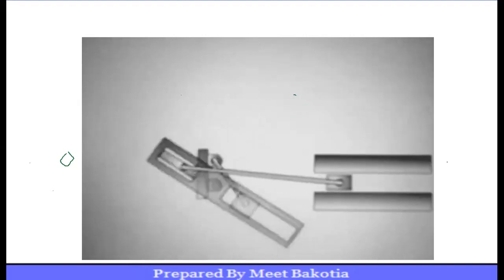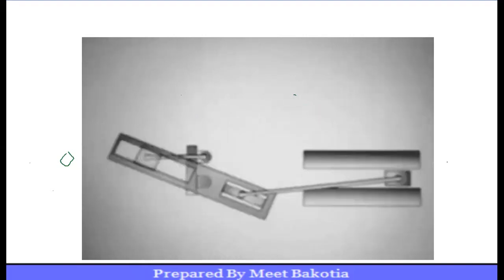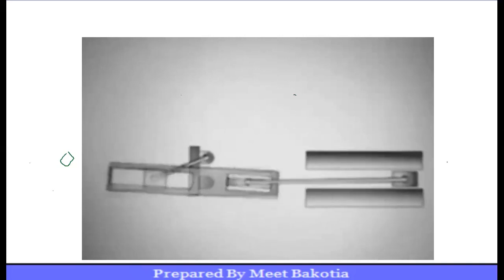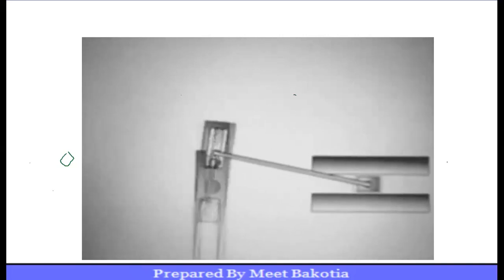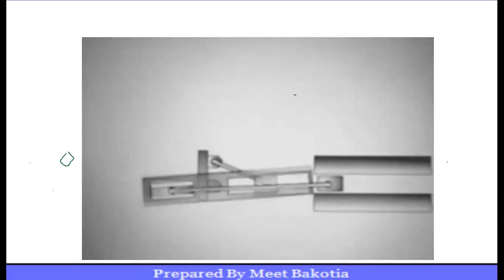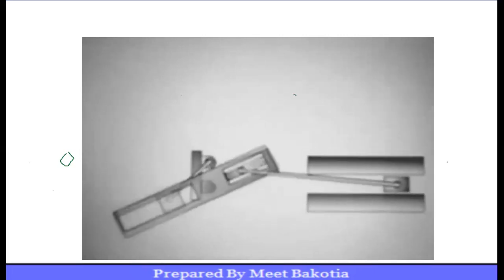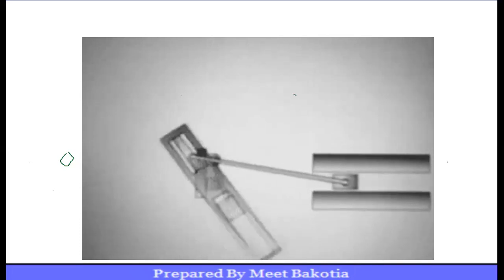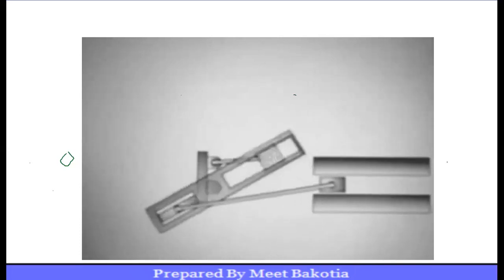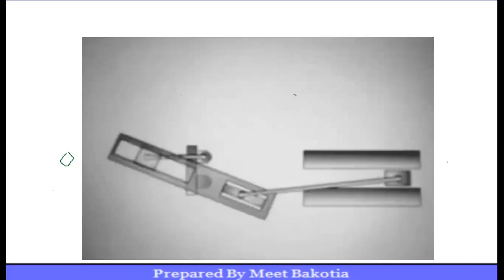See, as the driving crank rotates, the slider is moving up and down, which causes the whole rotation of the slotted lever. And as the slotted lever rotates, the ram is moving to and fro.